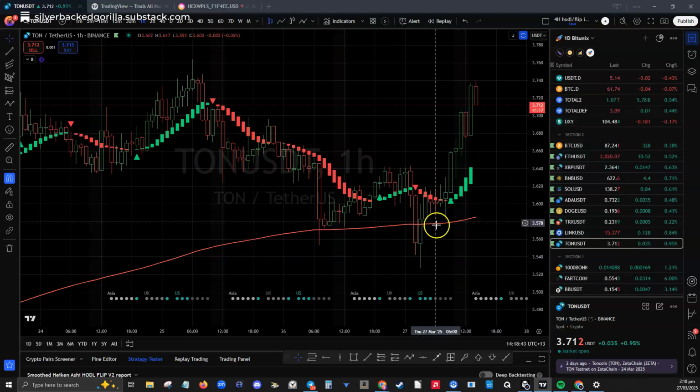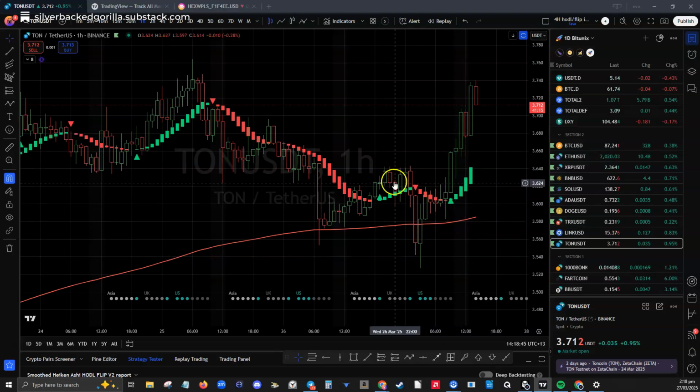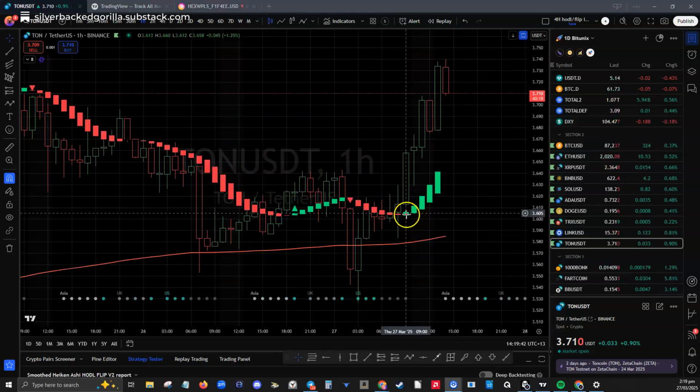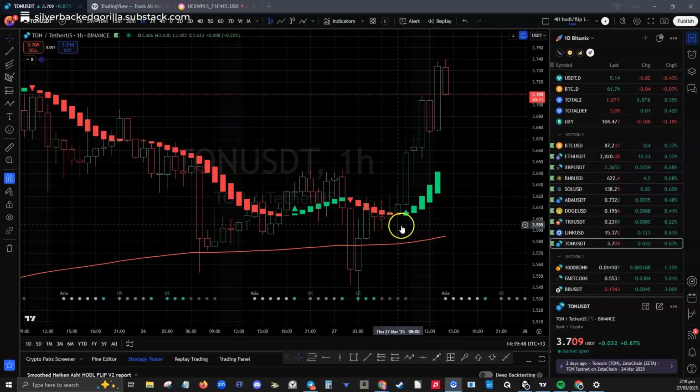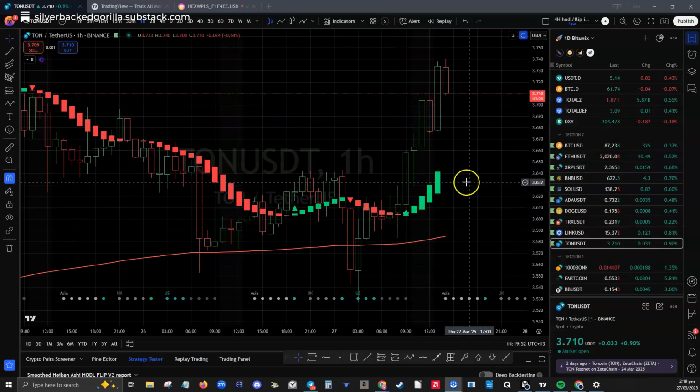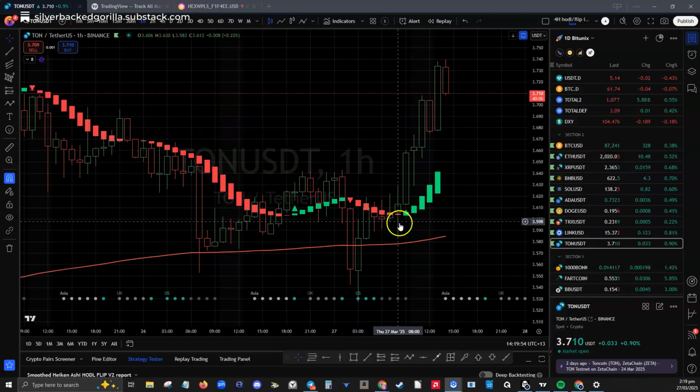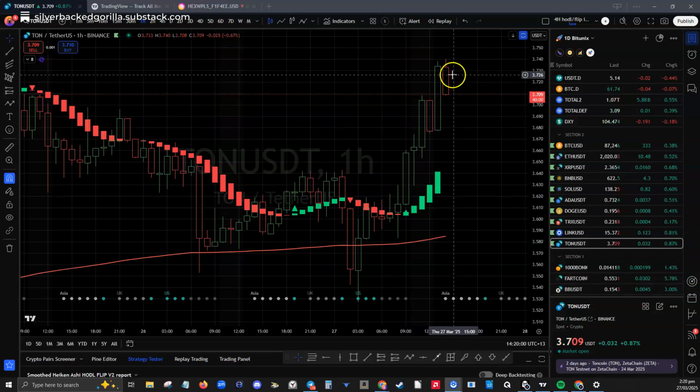And when you come in here, don't grab a short. You want that daily bias that we've just looked at to dictate the bias, so only take long positions. At the moment the hourly is actually pointing to long. Now that we've looked at the higher time frame, we've got a higher degree of certainty, and as you can see, it's been playing out.